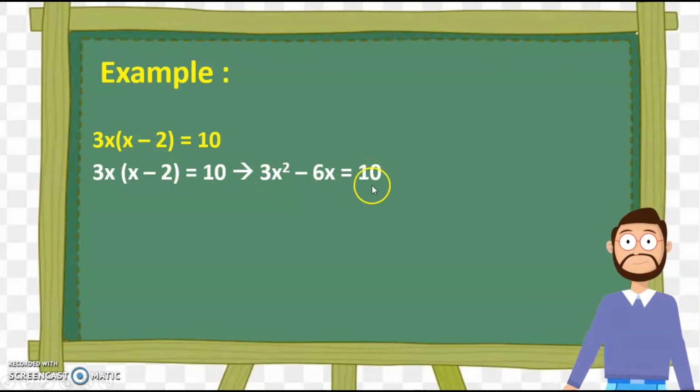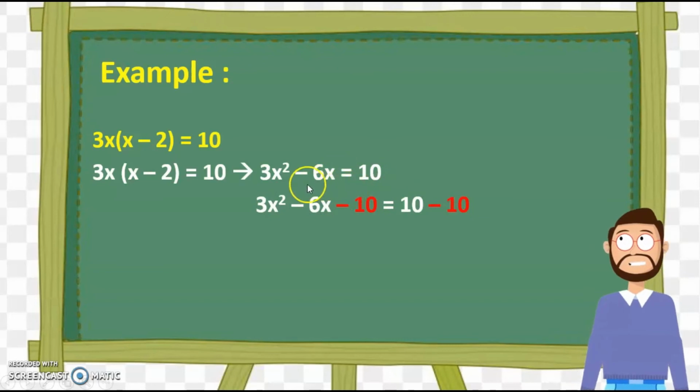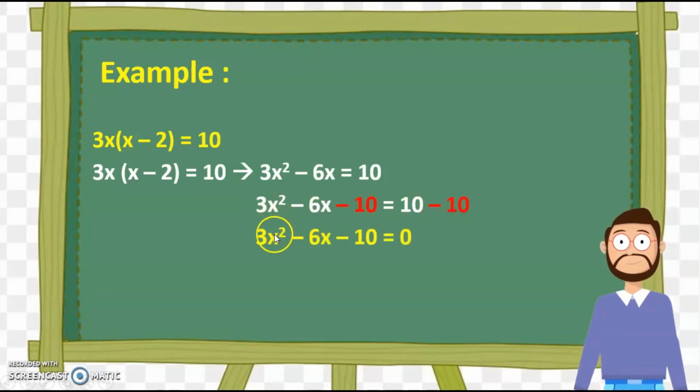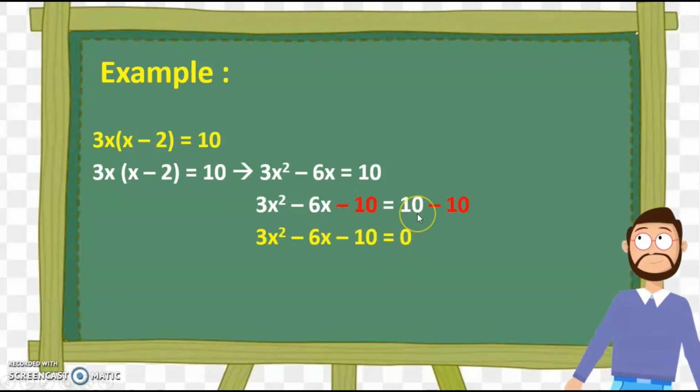After that, make the right side of the equation equal to 0. To make the right side of the equation equal to 0, you have to subtract 10 from both sides of the equation. So we have here 3x squared minus 6x. Again, subtract 10 from both sides of the equation. We have minus 10 equals 10 minus 10. After that, simplify. So we have 3x squared minus 6x minus 10 equals 10 minus 10,